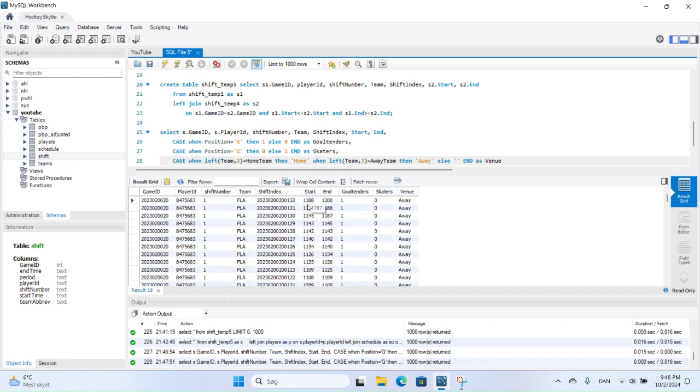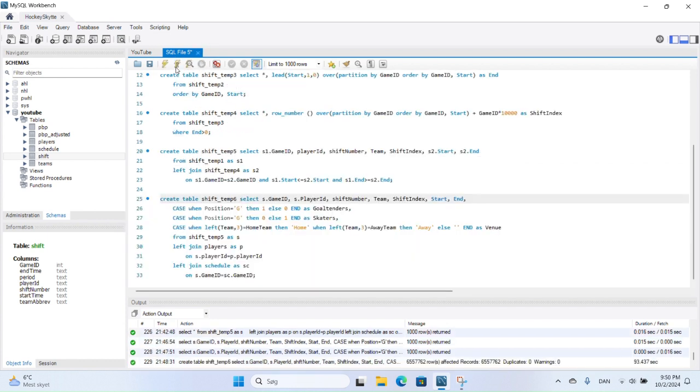So this is what we want our table to look like. And this is quite a large table because this is still 6.5 million rows. But let's just try and create the table. It will take a little while again. Let's say create table shift temp 6 and just run the script. All right, so now we have our table,